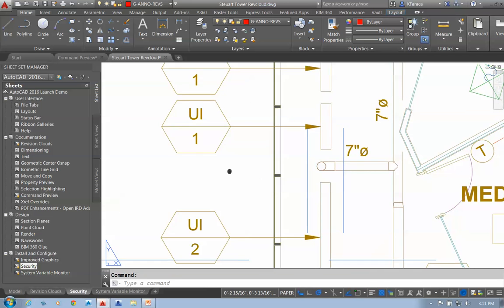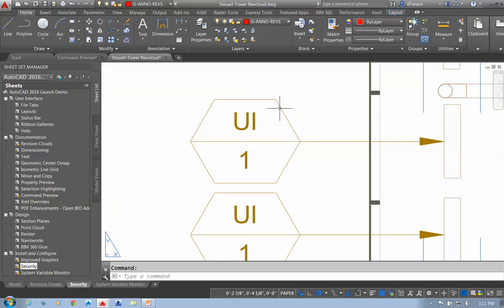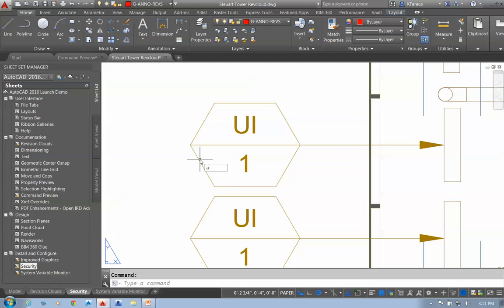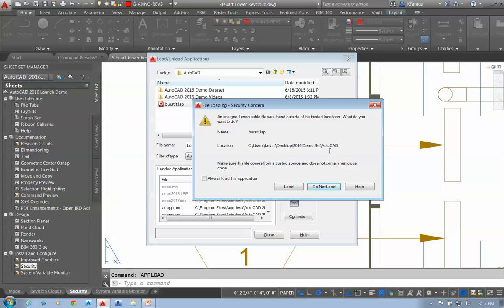A couple other features that they have in here. We have the new security feature. So if I go into Upload and I insert this burstit.lisp, or I try to load this burstit.lisp, I will get an error saying, hey, you're using something that's not in your